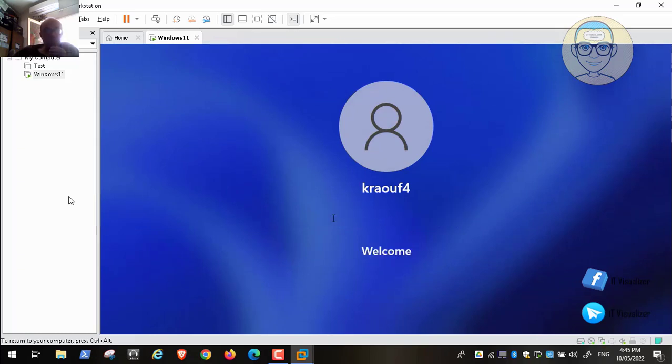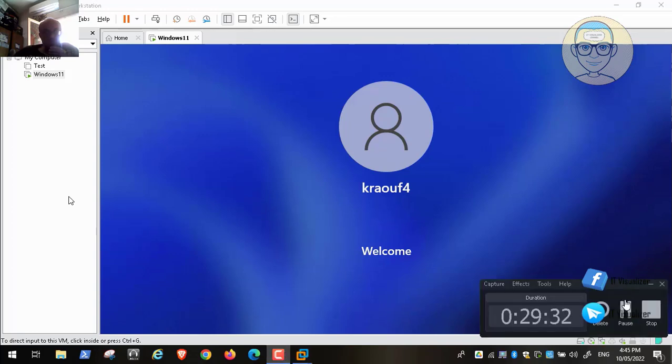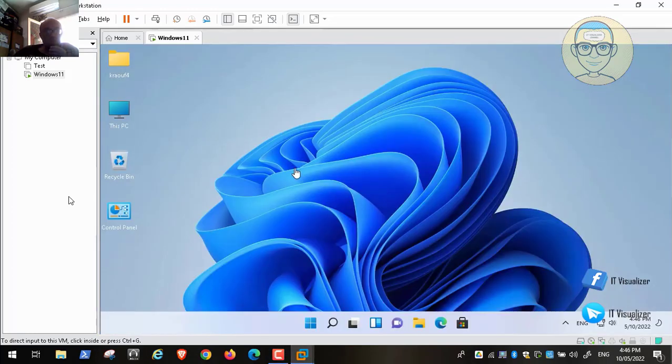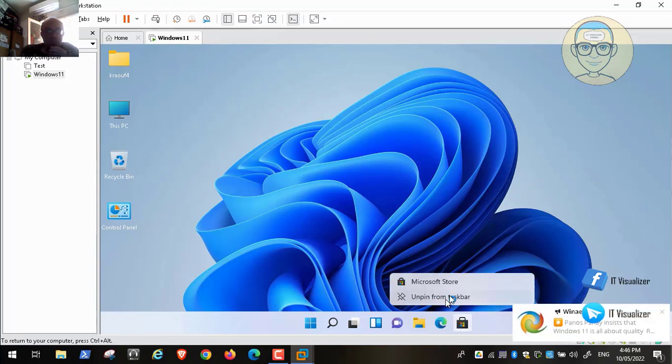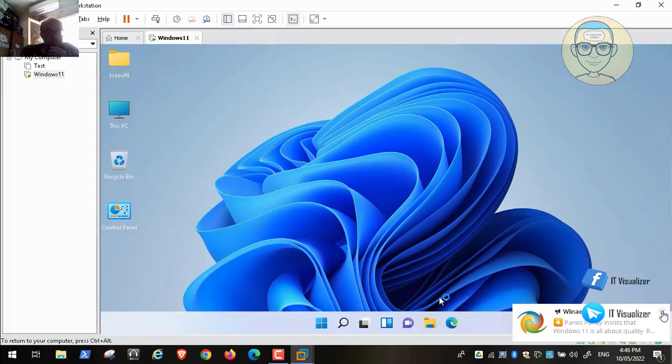Now we need to go and install the OpenShell program. This is a program that will change the way the Windows 11 start menu appears. So let's first open Edge. But by the way, I need to remove these icons. Here I need to remove the Windows Store icon, because I don't need users to access this, and I need to